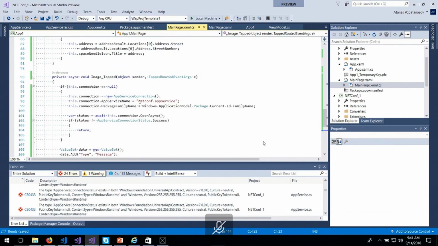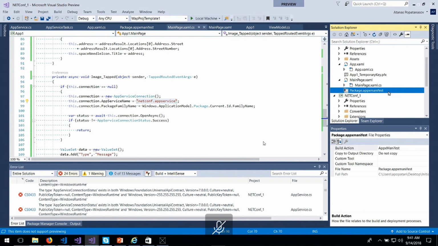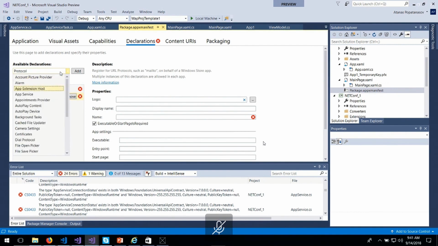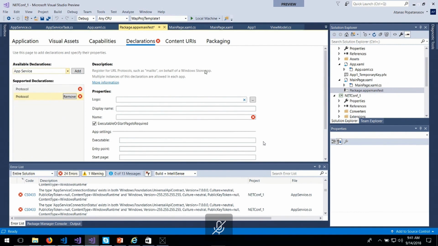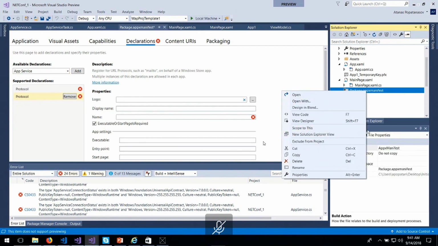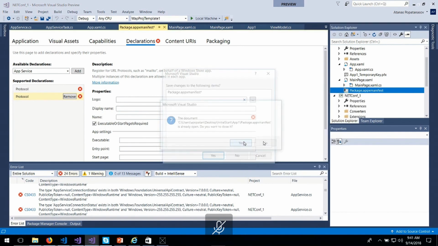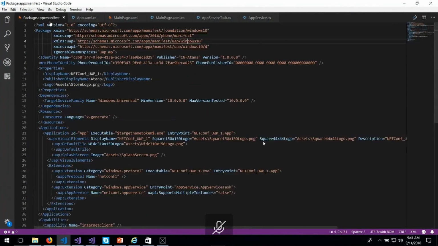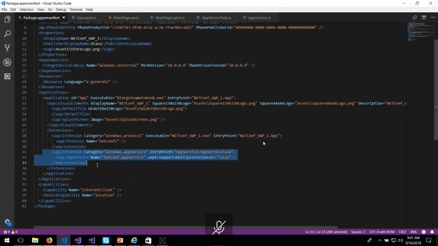As I mentioned, the service name is very, very specific. And again, we need to add a protocol inside our application. This protocol is app service 1. And here, we need to do some additional stuff compared to the other protocol. So I will go to the code view of the app manifest. What is specific here is that we need to pass